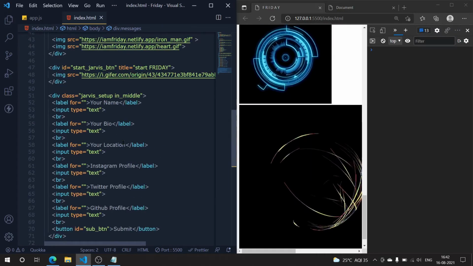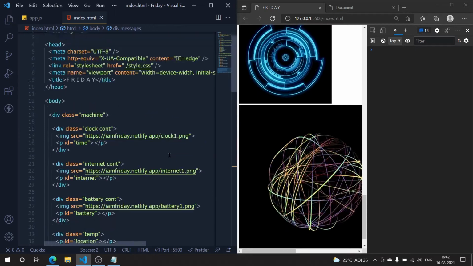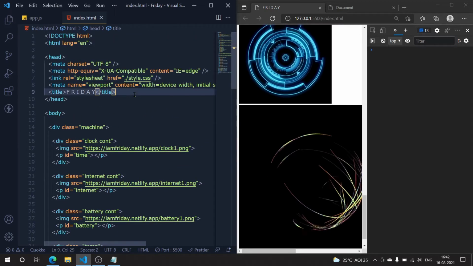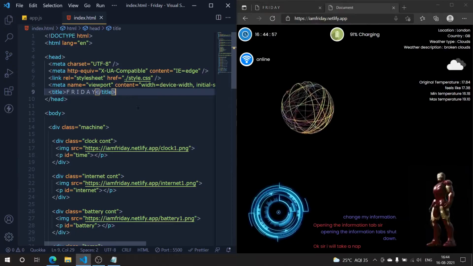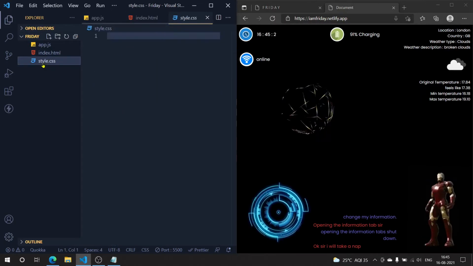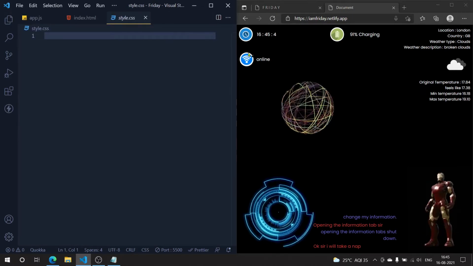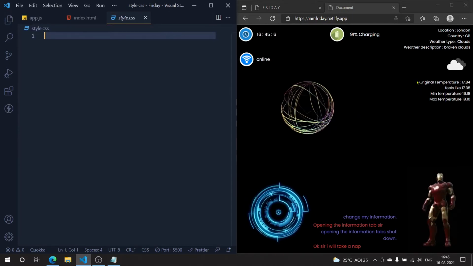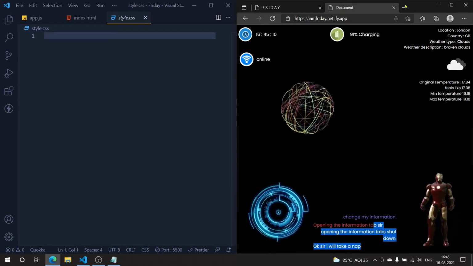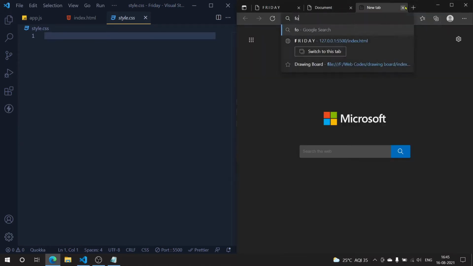Now let's go with CSS, which is very important to make this beautiful. So I think I have already linked CSS, and let's get started now. So first of all, let's open our style sheet. Here we have it. I've already linked it, so no issues. So I need some different text here. Now this is not a default text, you actually need to import it. So for that, let's go to